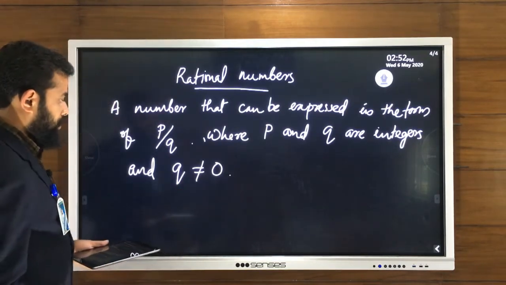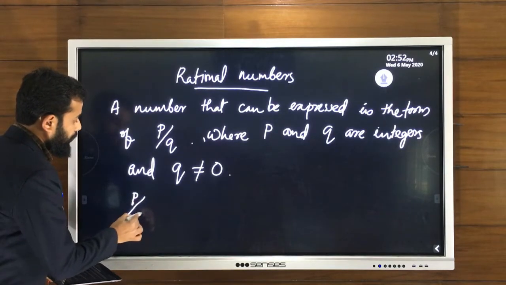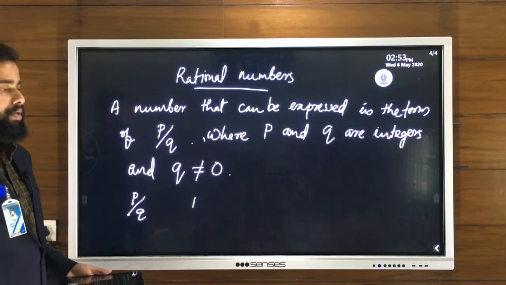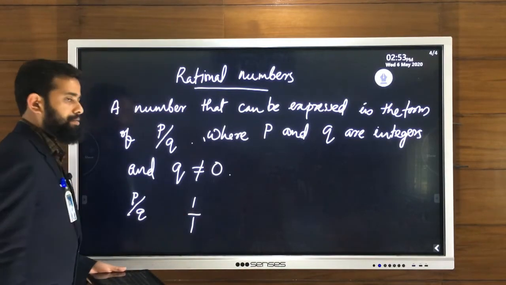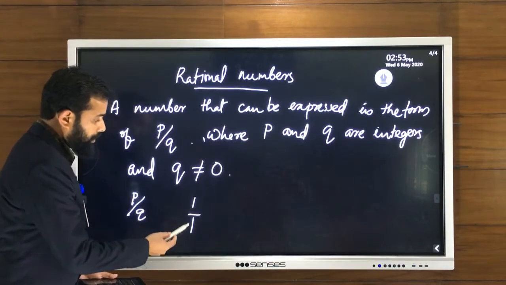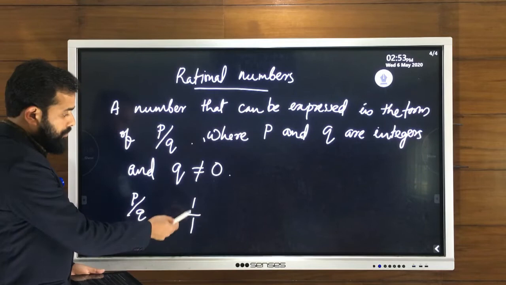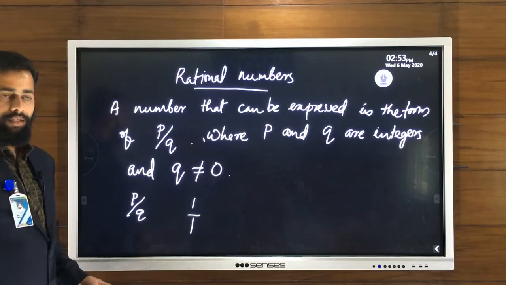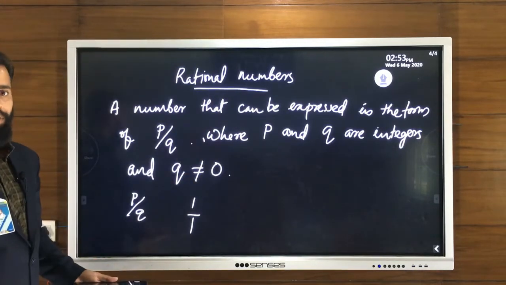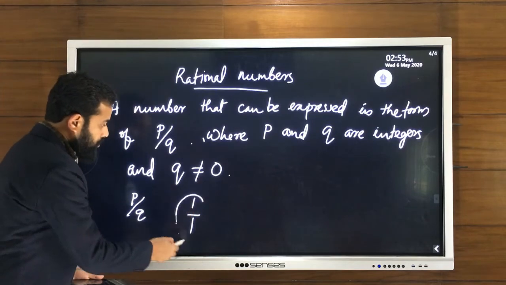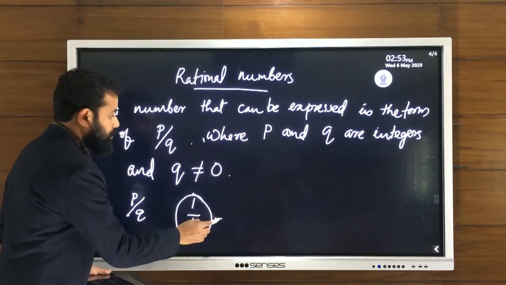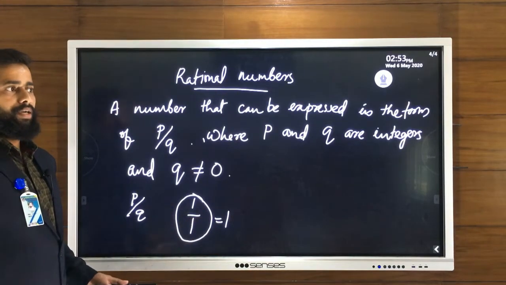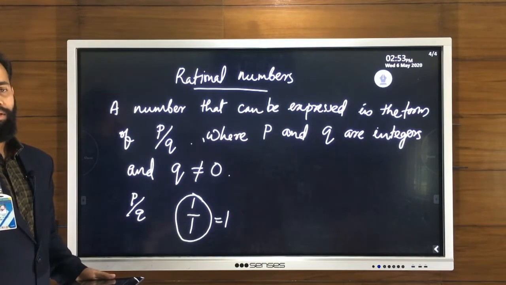And an additional point, all the natural numbers and the whole numbers are rational numbers. So, all these numbers can be written in the form of P divided by Q. For example, 1 is a natural number and 1 is also a whole number. It can be written like this, 1 divided by 1. Now, it is in the form of P divided by Q, fractional form. Numerator is 1, that is an integer, denominator is 1, that is also an integer. So, it is satisfying the definition of a rational number. So, it is a rational number and also it is equal to 1. It is an integer or a whole number, natural number. So, all the natural numbers and whole numbers are rational numbers also.